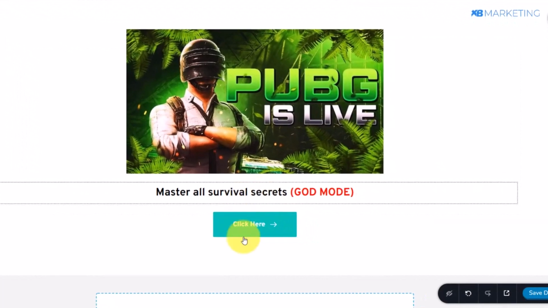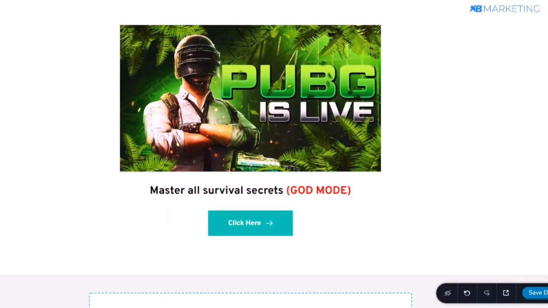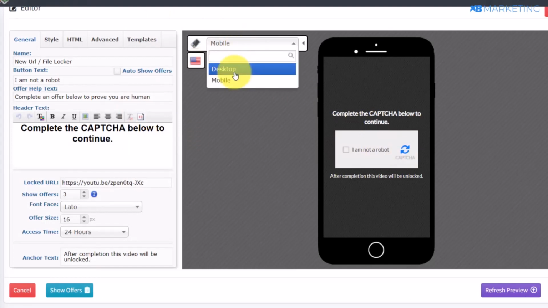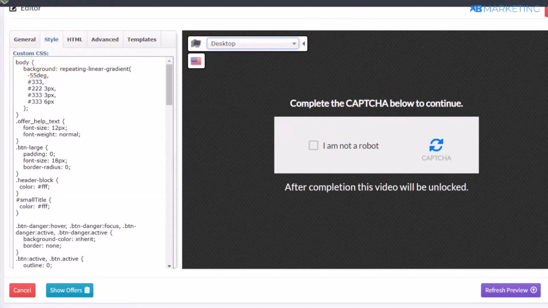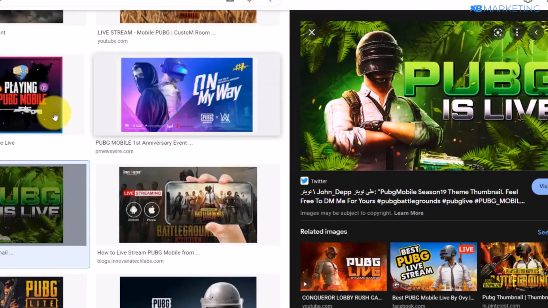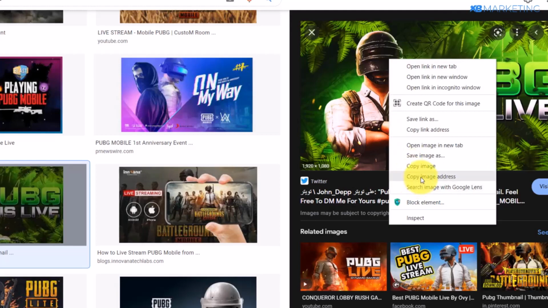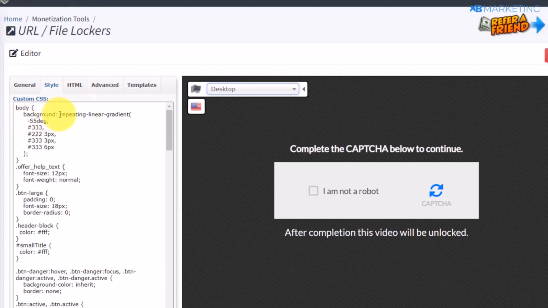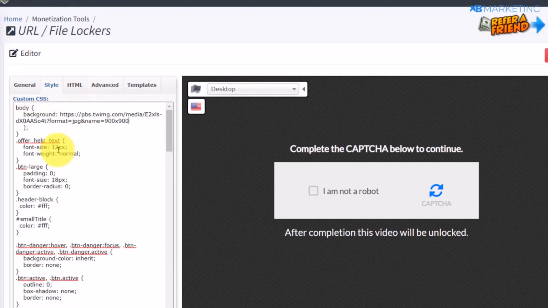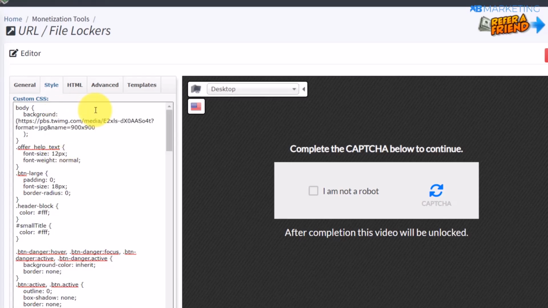All right. So the next thing you want to do from here, you want to basically go back to the content locker right here. So I'm going to change this back to desktop. You can even make a little custom change to the background of this content locker. Go over to this style section. So basically you want to grab the image on your landing page like this one right here. All right. So basically you want to copy the image address by right clicking and click on copy image address, and then you want to go back to your content locker right here, okay, and you want to paste in that link right here, and you want to create a bracket, all right, and you want to type in